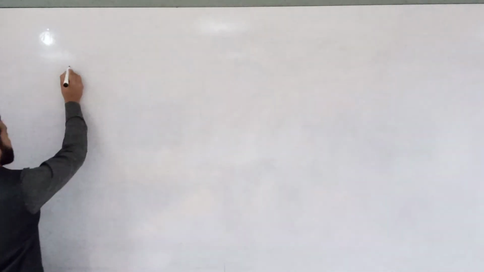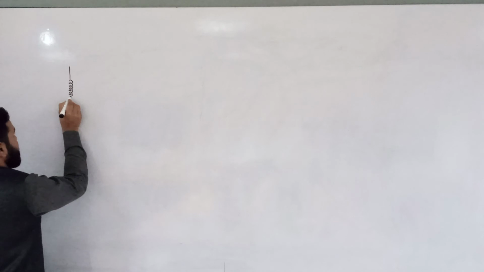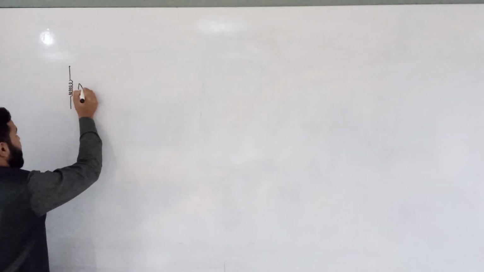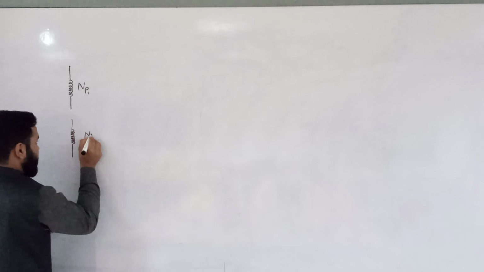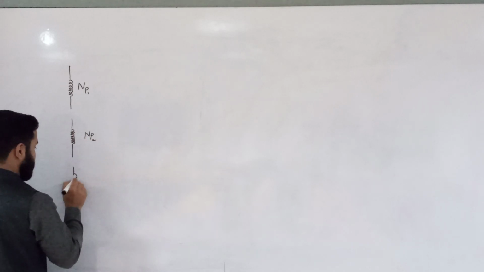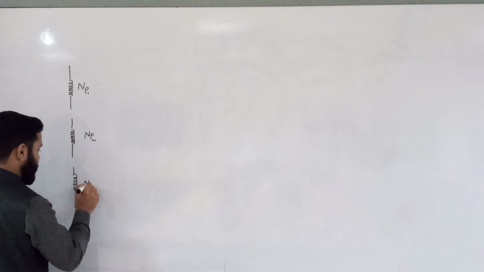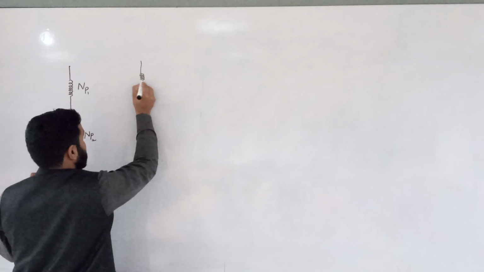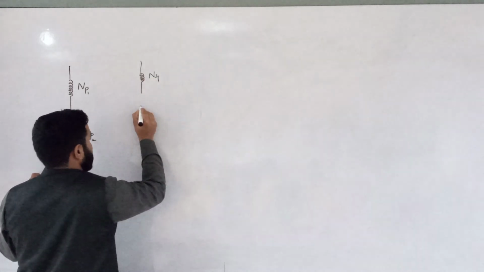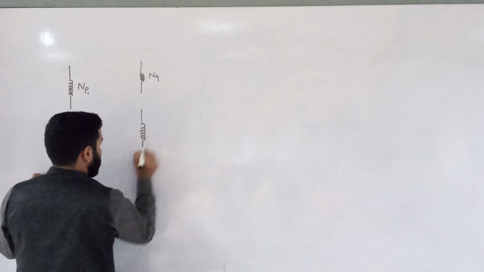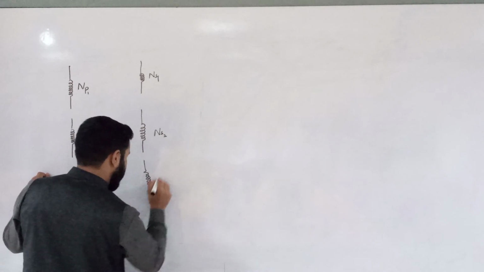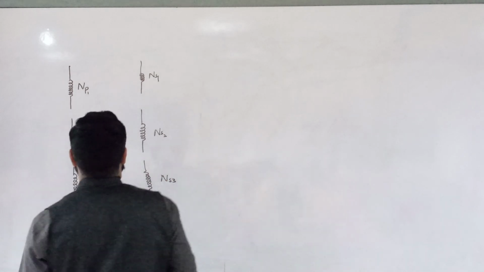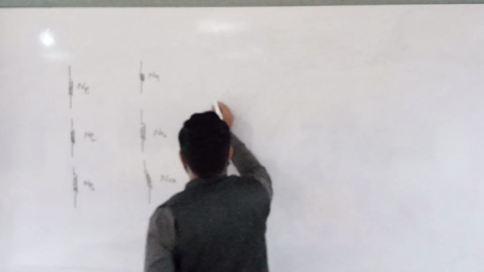So let's suppose मैंने आप लोगों को बताया कि ये तीन प्राइमरी वाइंडिंग है, ठीक है। This is NP1, this is NP2, this is NP3, this is NS1, this is NS2, this is NS3, ठीक है। अब इनको कनेक्ट करना है, तो अब यहाँ पे देखिए एक पॉसिबिलिटी तो ये है